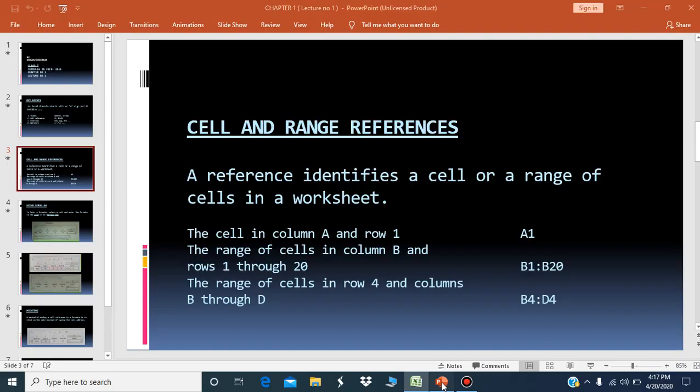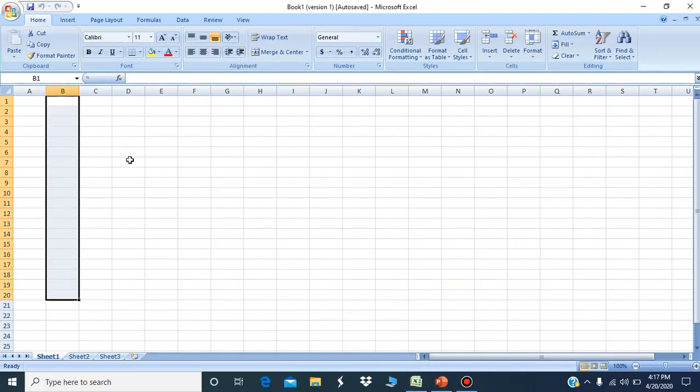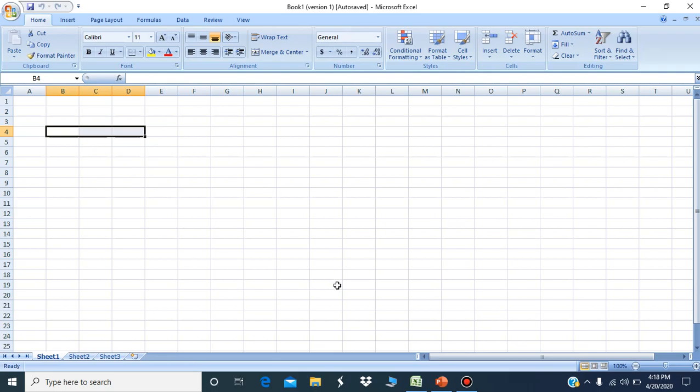Okay, in another example, you can see the range of cells in row 4 and columns B through D. We can see it in a worksheet. B4 till D4.